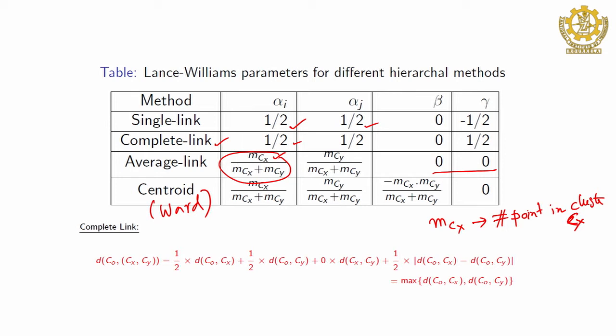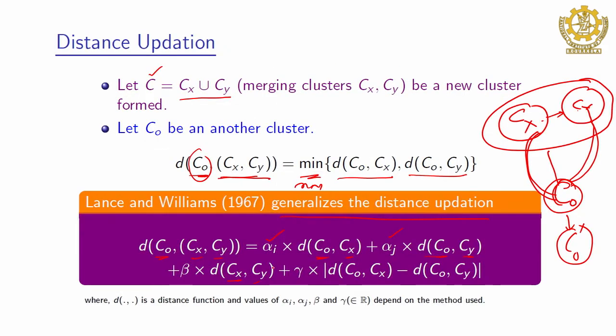So, obviously, no need to remember all these parameters. This algorithm is easy to remember here. So, alpha i into distance from C0 to Cx, and then distance from C0 to Cy, and distance from Cx to Cy, and then finally, the difference of distances from C0 to Cx and C0 to Cy. So, this is not very difficult to remember. You have to remember it, there is no logic to how it comes, but it is really effective. But these values obviously will be provided if anything is asked.